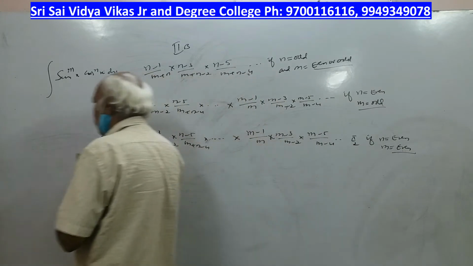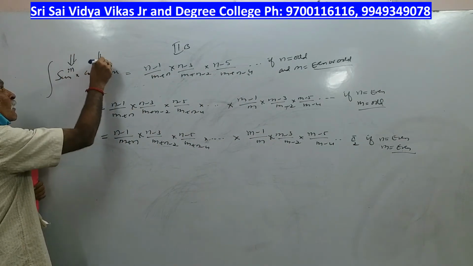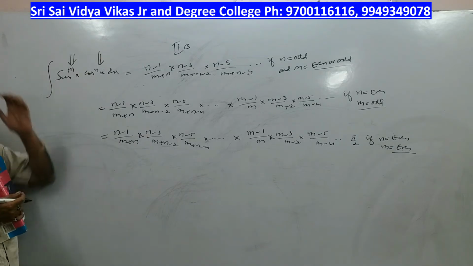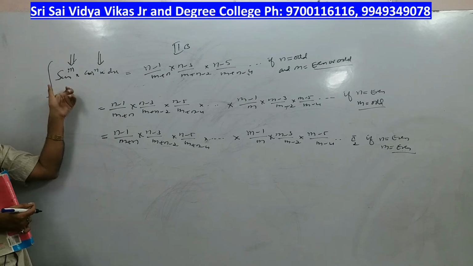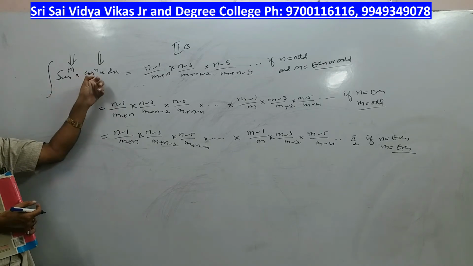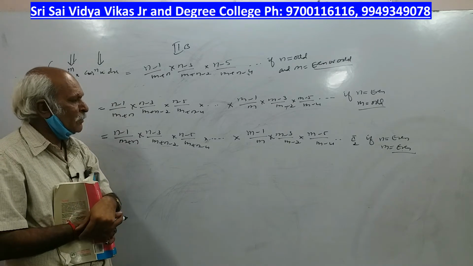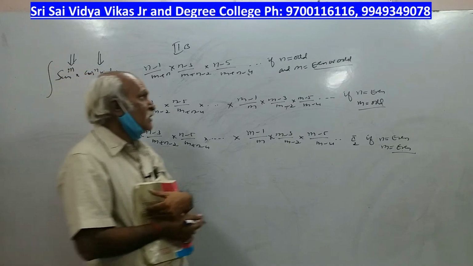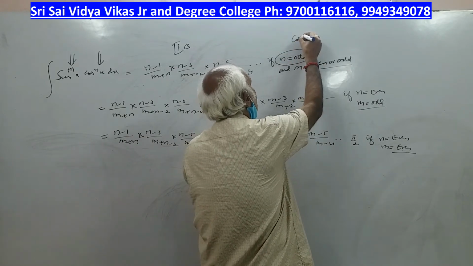Now look at the problem. Here, most important, sine power is m, cos power is n. Sine power is m, cos power is n. So you have to be careful. The m value has to be the sine power, and n should be the cos power. The first formula: (n minus 1) by (m plus n), (n minus 3) by (m plus n minus 2), and so on. If n is odd, meaning cos power is odd,